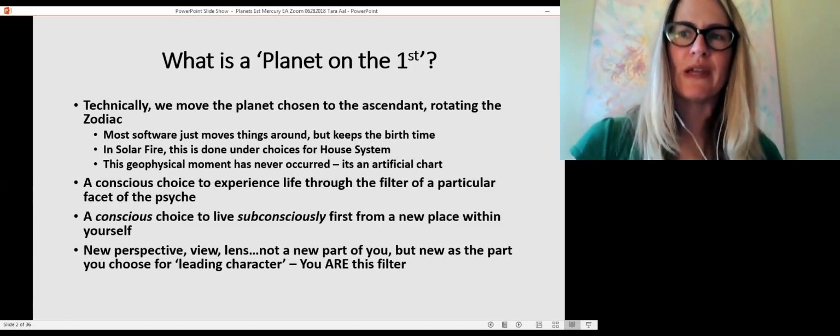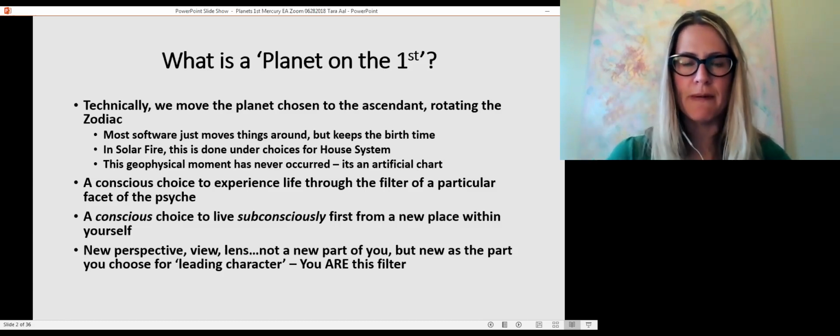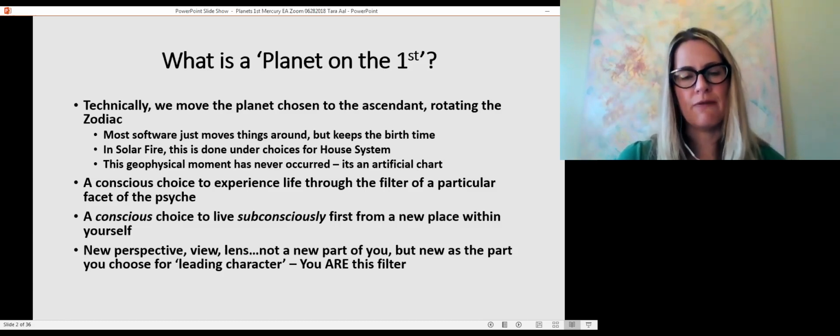So what we do with planets first is we say, hey, let's shake that up a little bit, which is really awesome if you have particular parts of yourself that feel stagnant or stuck, or if you're trying to reclaim something, really muscle up on something, or have a more intimate experience with a part of yourself. This is a real active way of saying, hey, I'm going to choose this part of me.